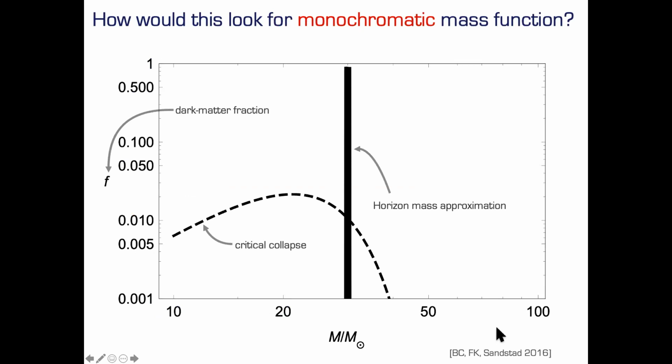In the horizon mass approximation, where everything is at the horizon mass, even in the relatively artificial situation where just one scale collapses, you don't get one set of black holes all at the same mass. You have a spectrum, and the tail extends to quite low masses. This of course has implications on how many black holes you have, and on the signatures that you may observe.